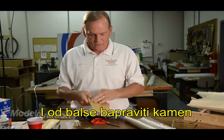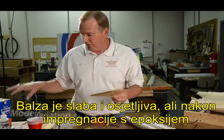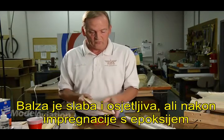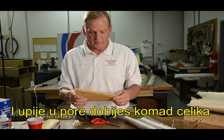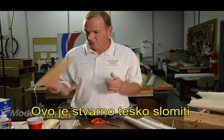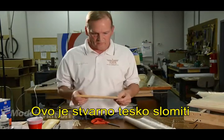Okay, balsa wood's very vulnerable. It dents very easily, but once you impregnate it with the thin epoxy resin and it cures in those pores, it turns it into a piece of steel. It's very difficult to break this. So that's one of the reasons we use the fiberglassing method, because it adds great strength to the project